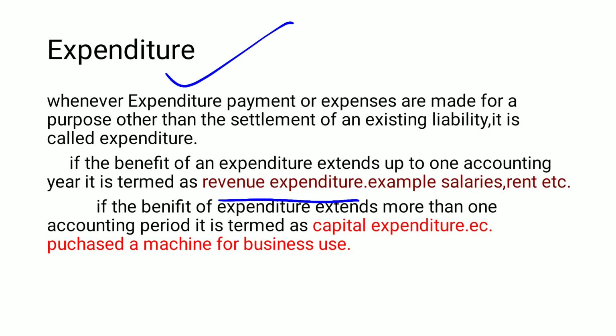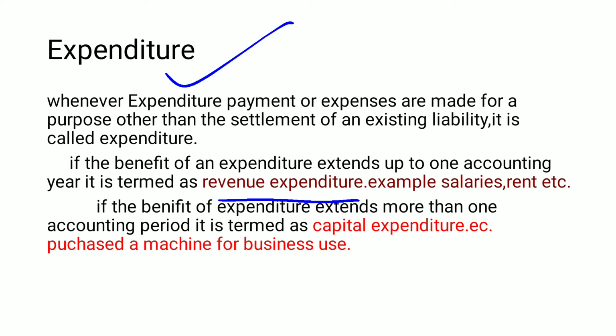Before moving further, we need to understand the meaning of expenditure. As you know, if an amount is spent for a purpose and its usage is there for more than a year, then that is one type of expenditure. For spending money, if you are getting benefit for more than one year, that is one type of expenditure. If its benefit ends within a year, or within a month, then that is treated as another type of expenditure.